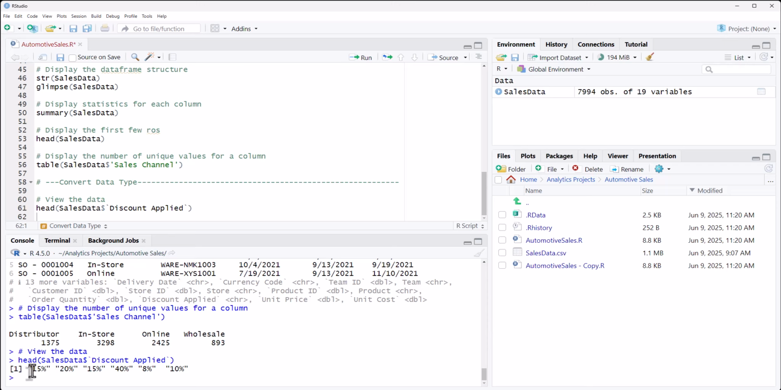We can see that the values here are presented as more of a character value, so there's a 15 with the percent sign, 20 with the percent sign. While it's helpful to see, if I'm going to do some calculations with this, it's really not going to be very helpful. So I want to convert that data from a 15% to a 0.15